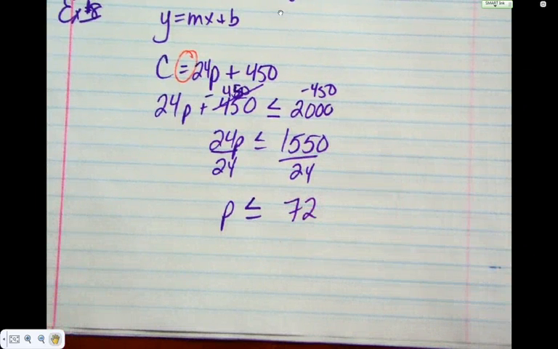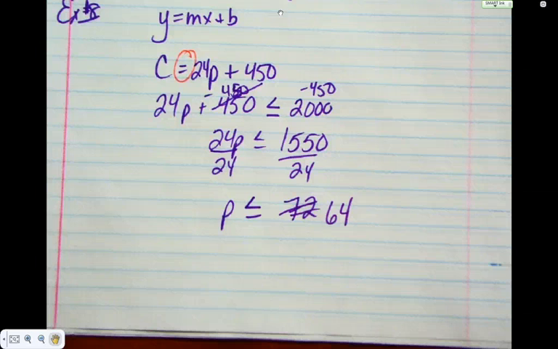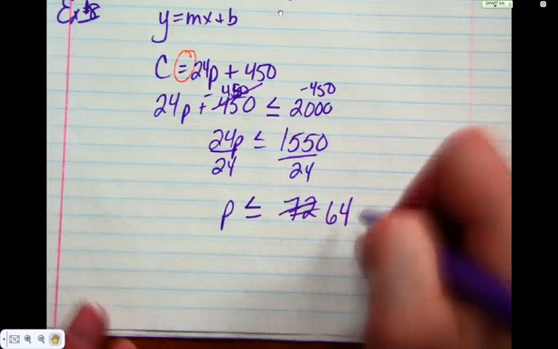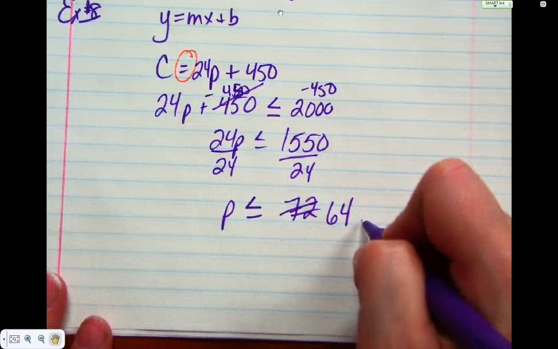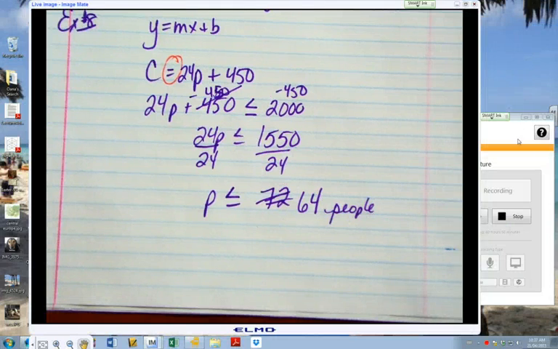Offer of 72? Offer of 64? 64 what now? People. That is